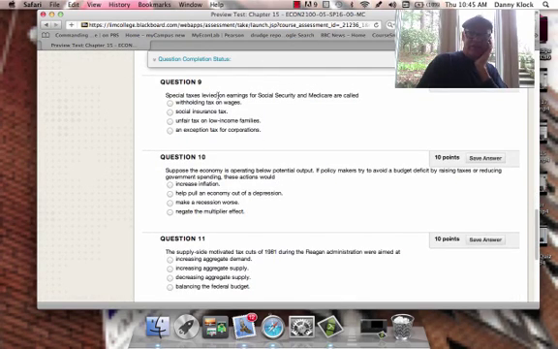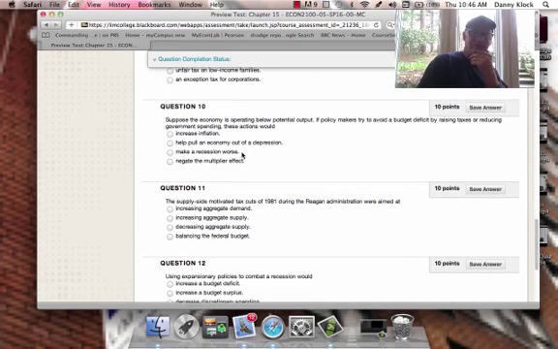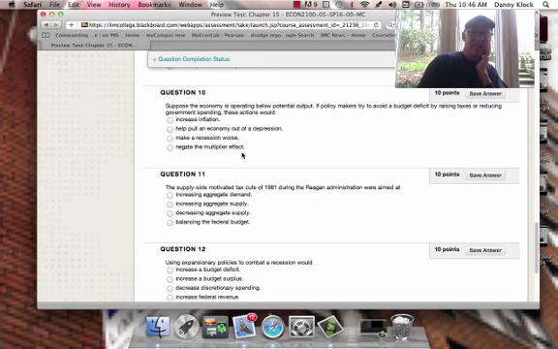A special tax levied on earnings for Social Security and Medicare, right? You pay into your Social Security and Medicare for when you get older. Basically, this is the government forcing you to buy insurance, right? Social Security is like life insurance. Medicare is like health insurance for old people. So this is a social insurance program. Social, we all do it. Good or bad. Again, some Republicans hated that. And FDR came up with Social Security in the 1930s.